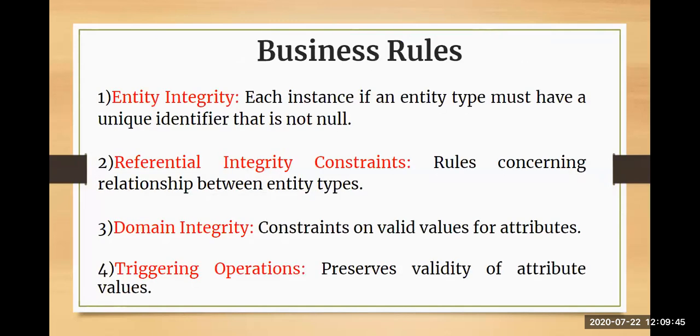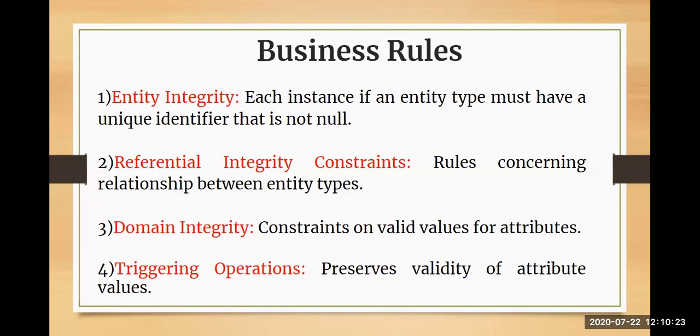Next, we are going to move to the topic that is business rule. Whenever I talk about business rules, it refers to the different rules you need to consider when you design your databases. Whenever you are inserting data into your data model, you need to have some rules while inserting. You can't simply add rows to your table. So a business rule tells you how you're going to represent the information, how you're going to store that information, and how you're going to develop a relationship between all the data stored in your models. So that is your business rule.